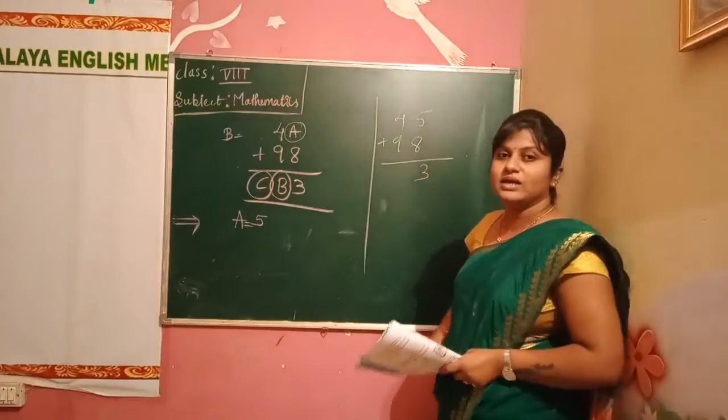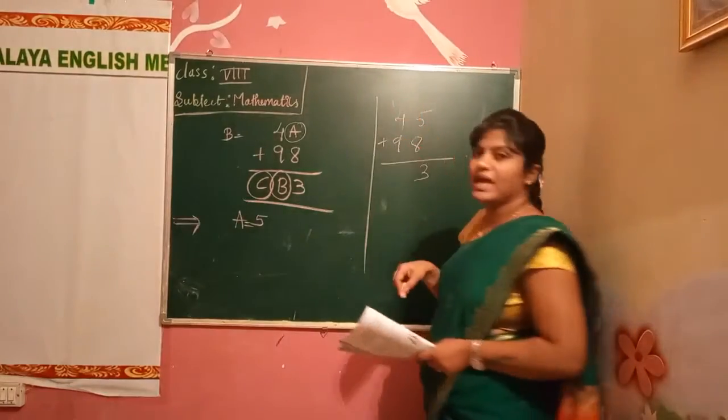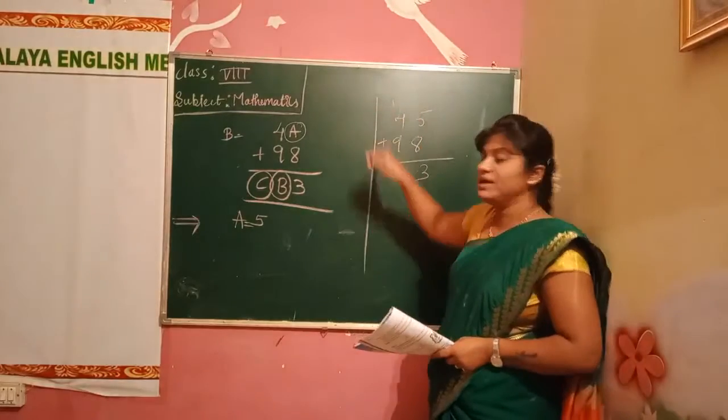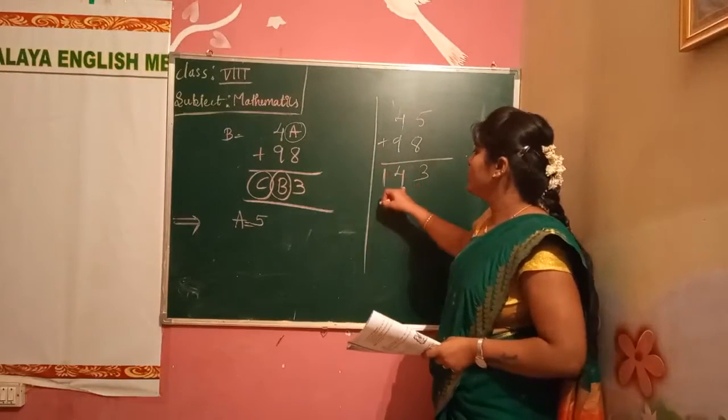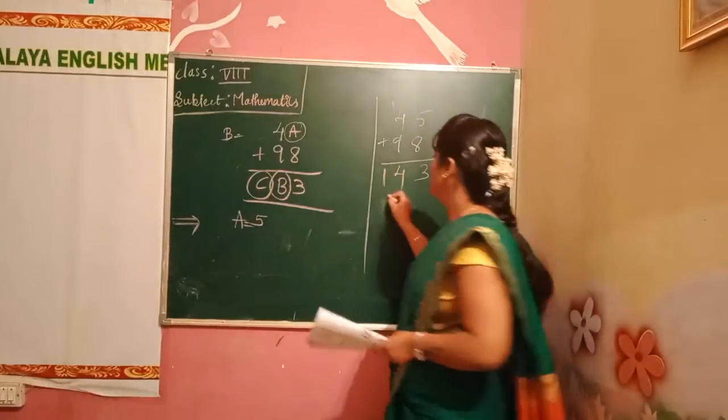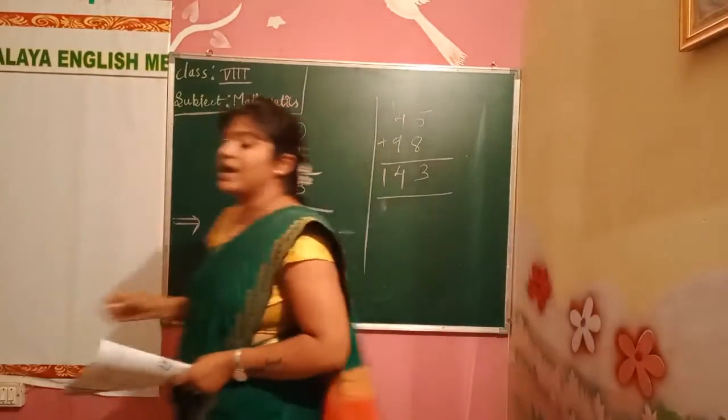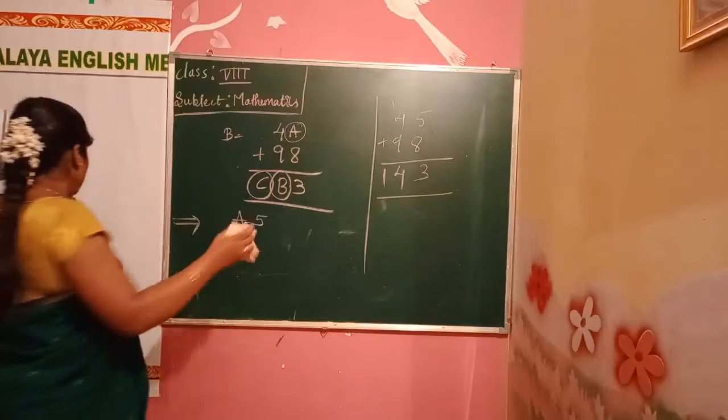13, 1 will be carry here. 9 plus 1 will be 10, 10 plus 4 will be 14. We got b also and we got c value also. What we are doing? Just adding a value, a value. Just put